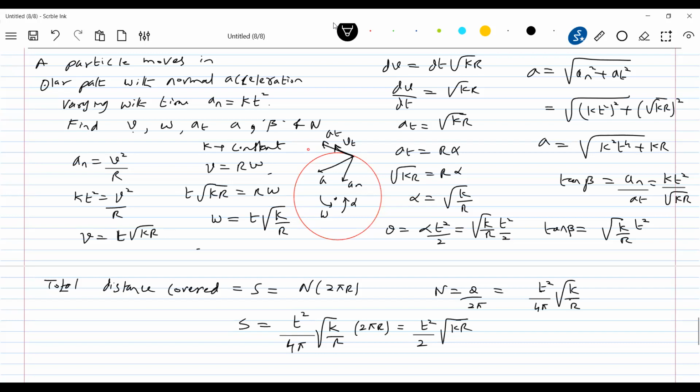Look at here, centripetal acceleration, how it is. It varies with the time. The centripetal acceleration, can it vary with the distance covered? Yes, that is also